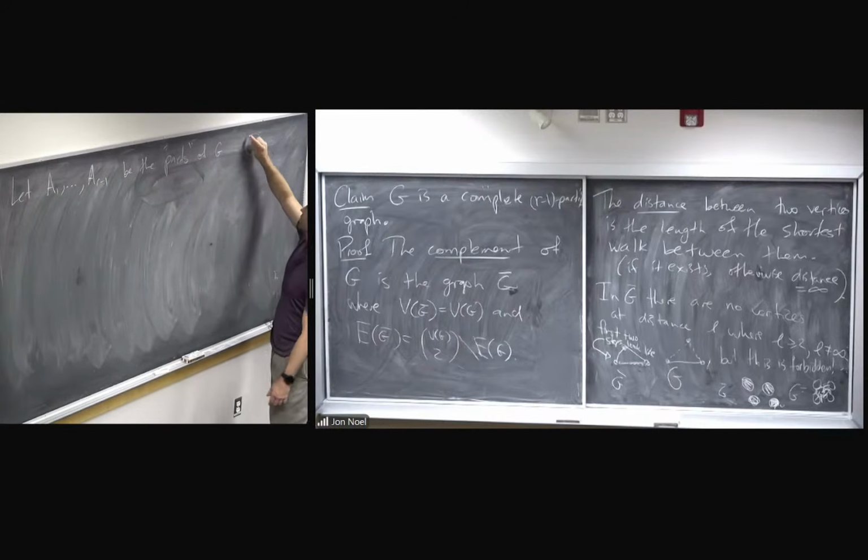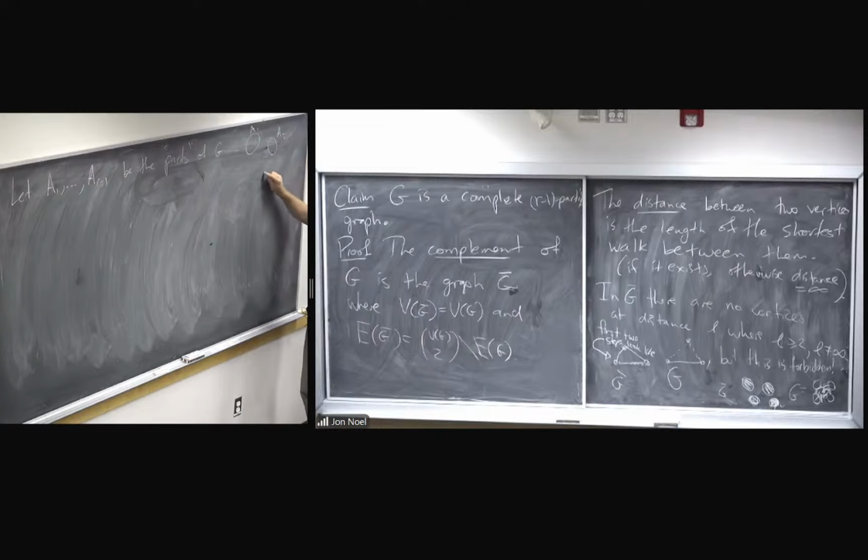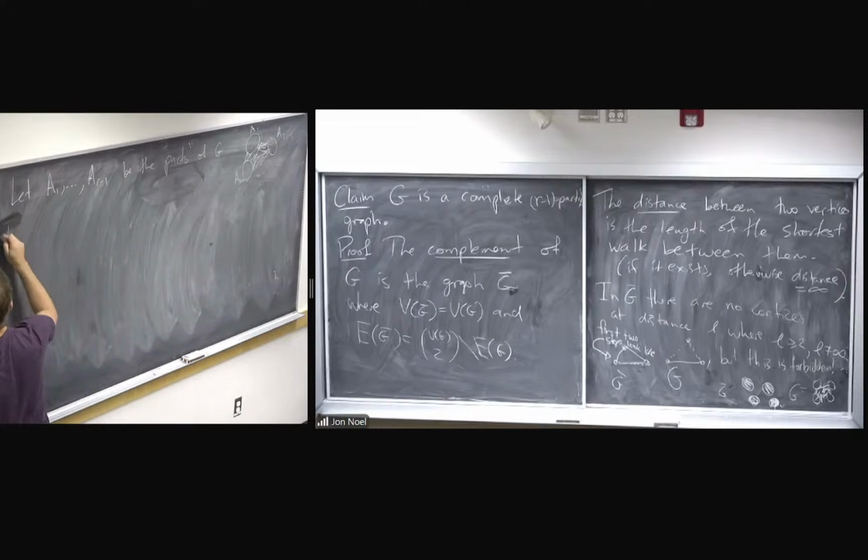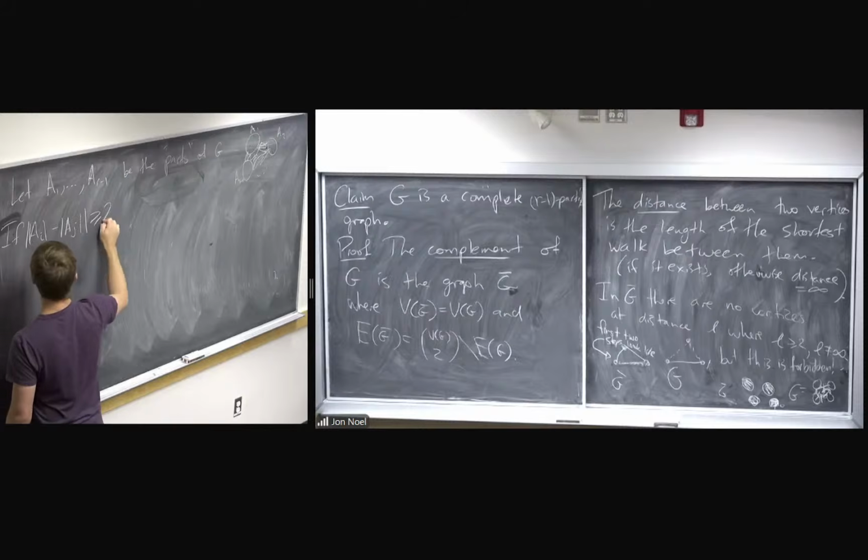So G looks like A1, and if you had two of them where the cardinality of AI and AJ differed by at least 2,